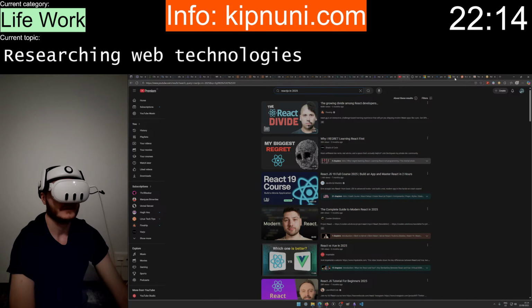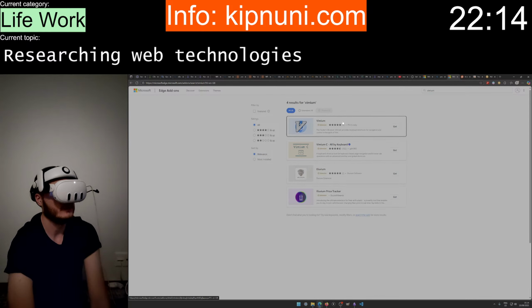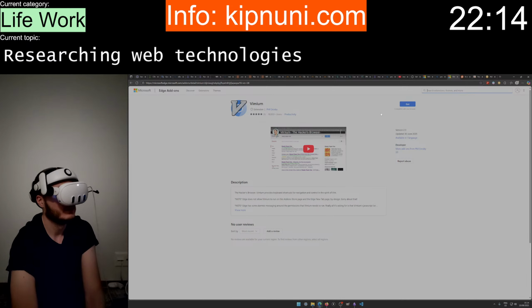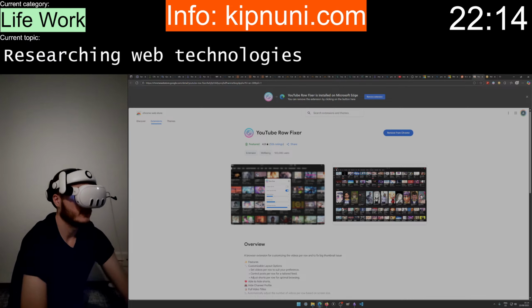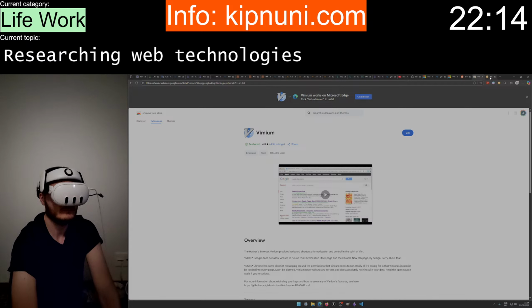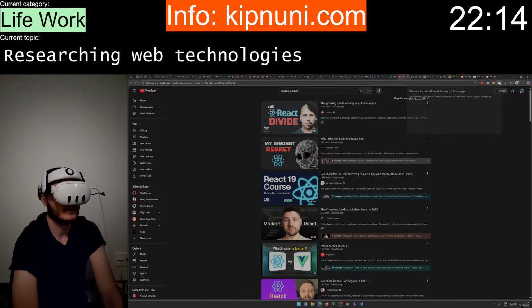One extension I also want is Vimium. Wait, what? 5? Huh? Yeah, I'm pretty sure it's way more popular in Chrome extensions. Let's see. Yeah. It's not allowed. Yeah, it is.